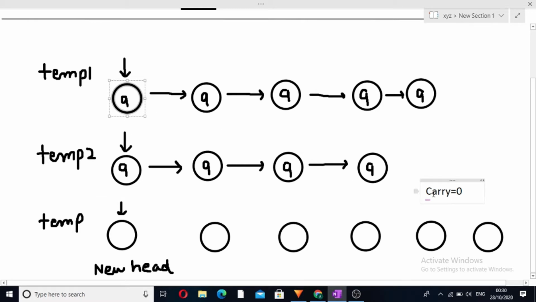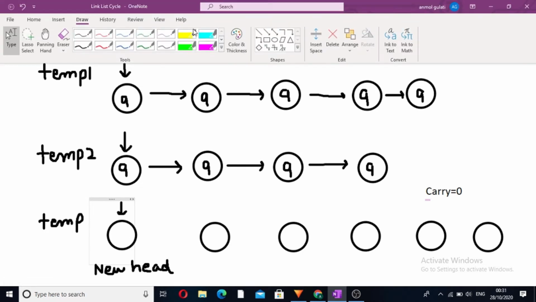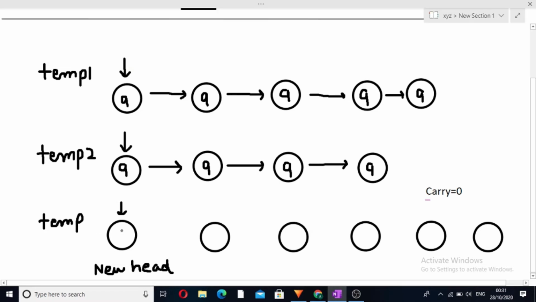Initially we have taken three things: temp1, temp2 and carry. We will do 9 plus 9 is equal to 18, and 18 plus carry, which is 0, is 18. So how will we add 18 in this node? We will simply add 8 in this node, and our carry will now become 1, because 18 was the original answer.